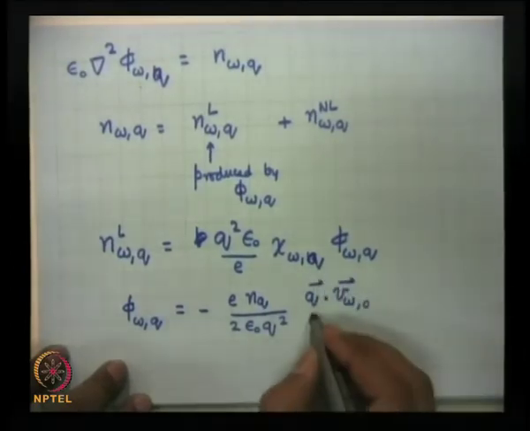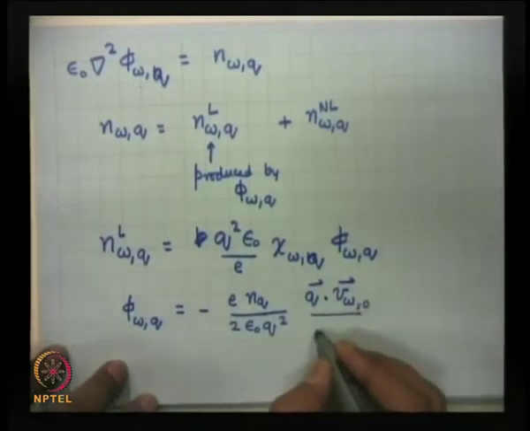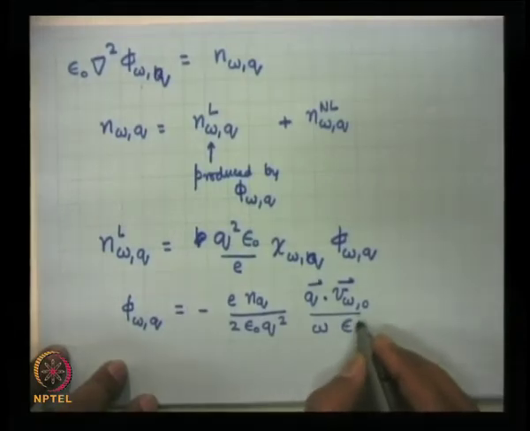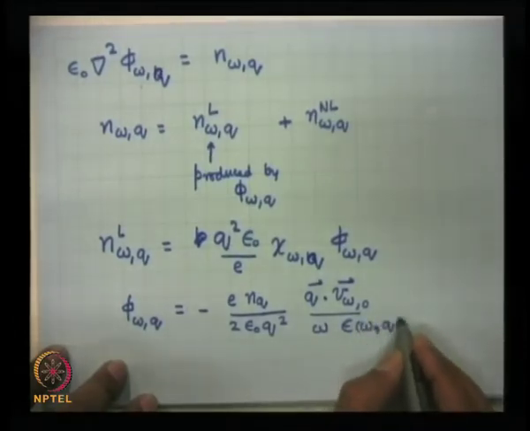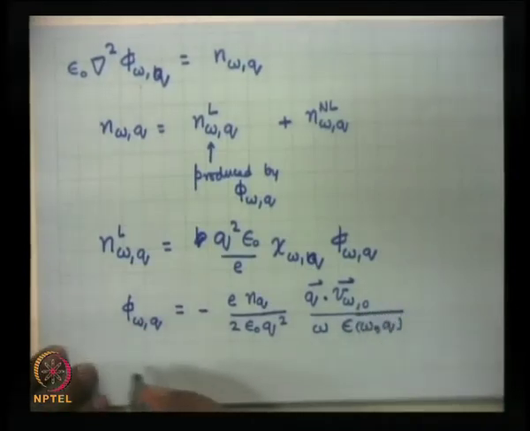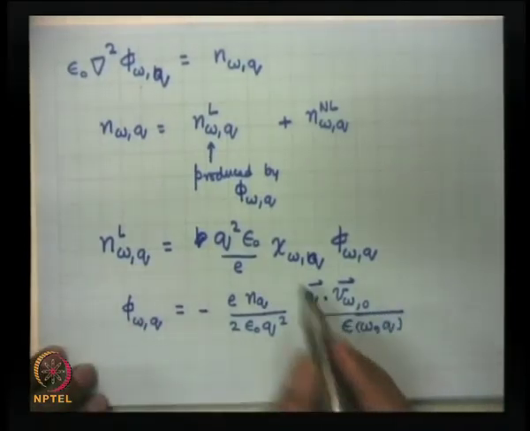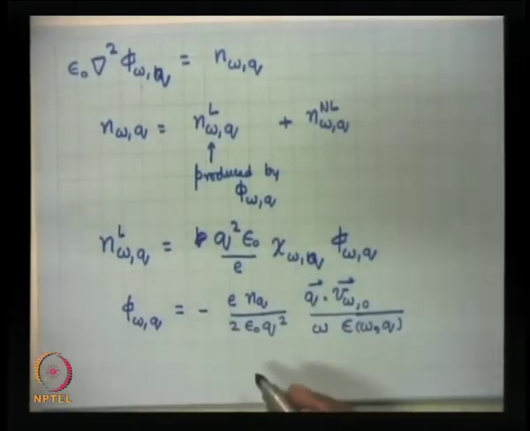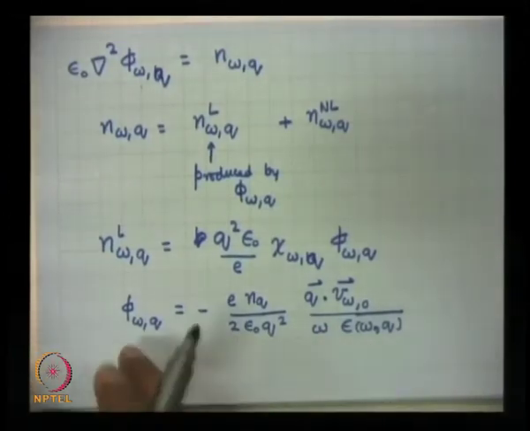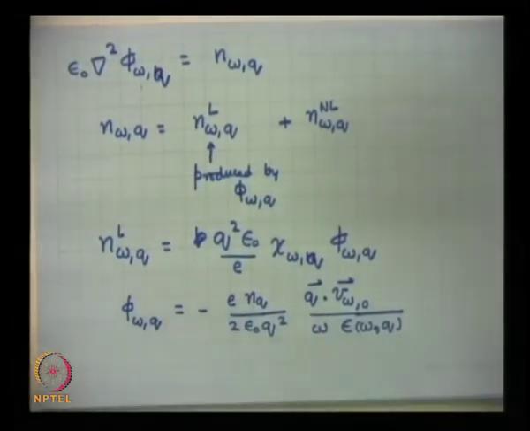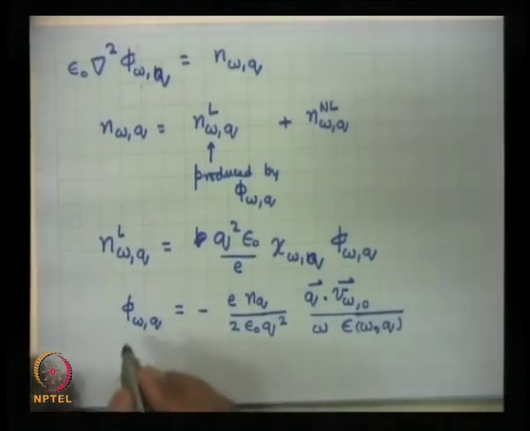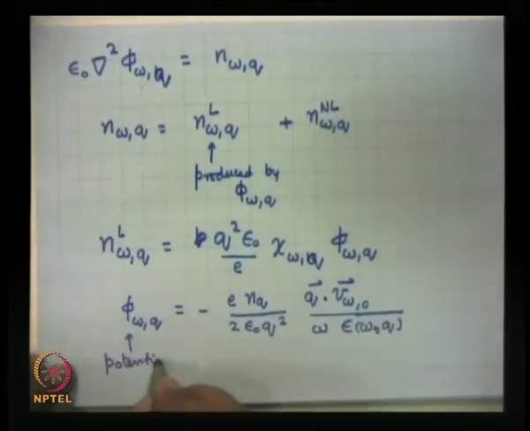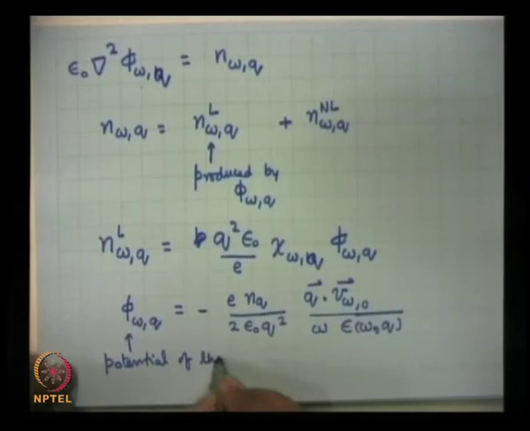I am simply getting this result divided by omega into epsilon at omega k q, where I will write down the values of epsilon and chi in a minute. This is the total expression I get for the potential of the quasi mode,